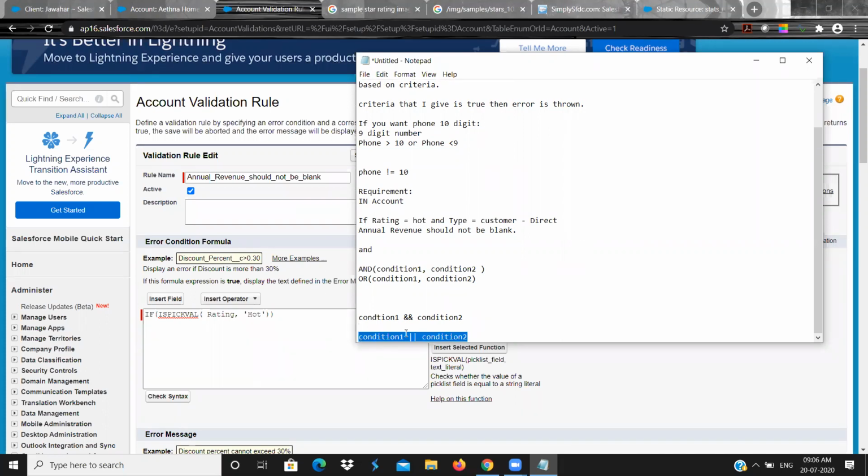So these are the operators. This is how you use the operators. So if you wanted to use the AND operator in text, then you can use AND of, inside the brackets, condition 1, comma, condition 2, comma, condition 3, comma, and it goes on. Okay. So any doubts? Yes.